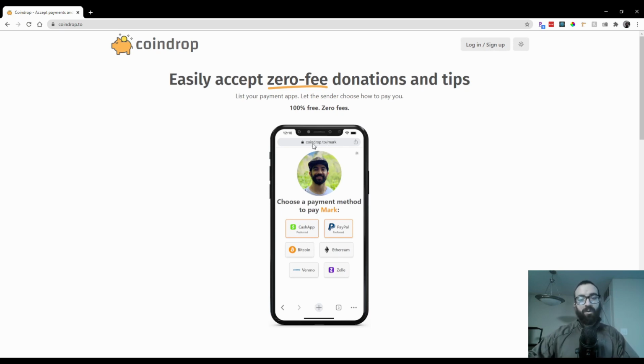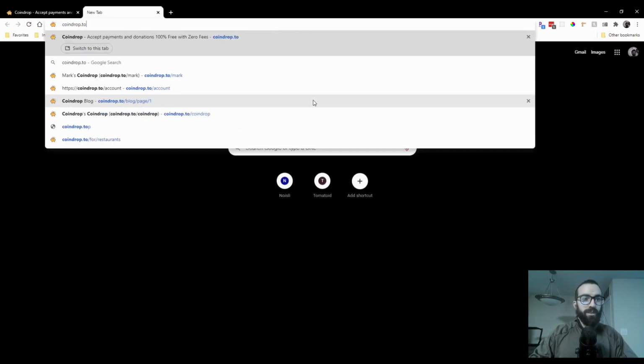In this example here, this is my Coindrop. So Coindrop to Mark, you get a custom URL and you can create as many Coindrops as you want. So if you have a personal one, you have a business one, you have a nonprofit one, you can create as many Coindrops as you want. So let's just look at this Coindrop, the real one. If we go to coindrop.to/Mark,